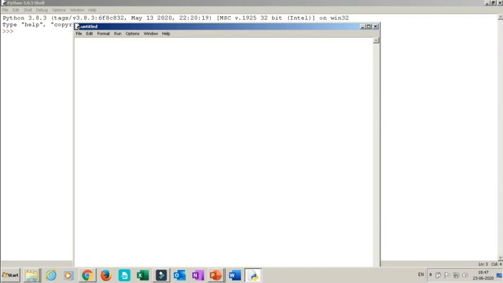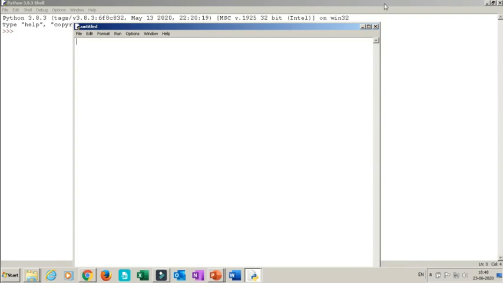The second advantage is, in interactive mode all the outputs are in between the programs itself, that is, the output is sandwiched between the command lines. But in script mode we get the output at the last, after the execution of the whole program. So script mode is used to create a module, script or program in Python.